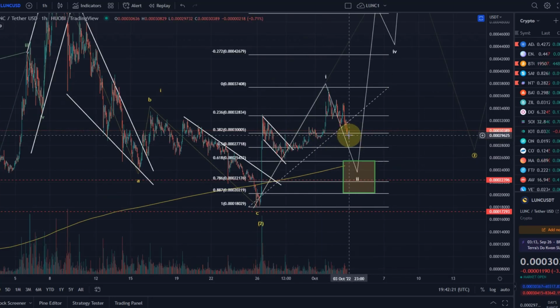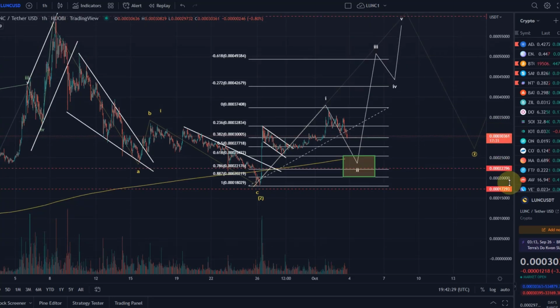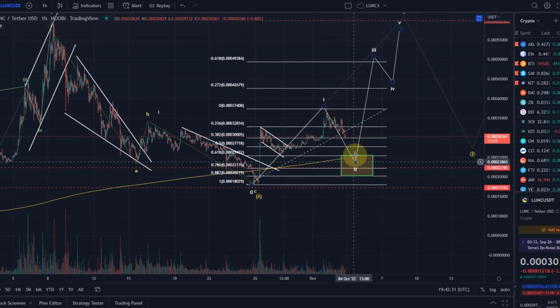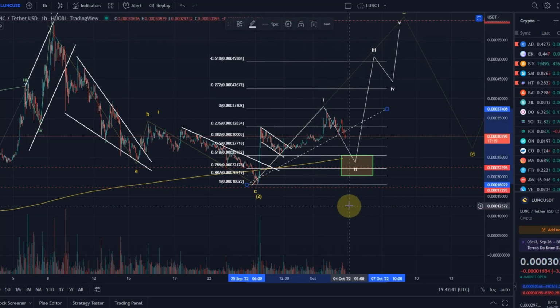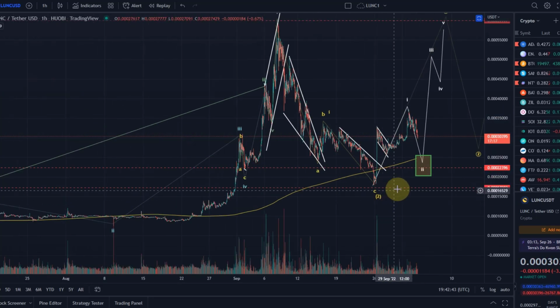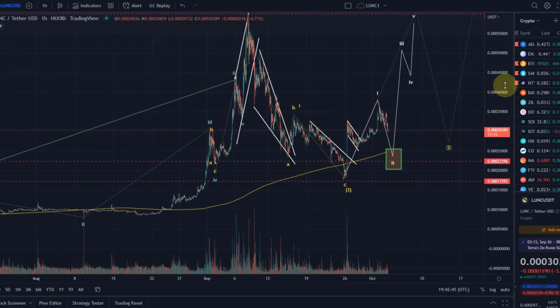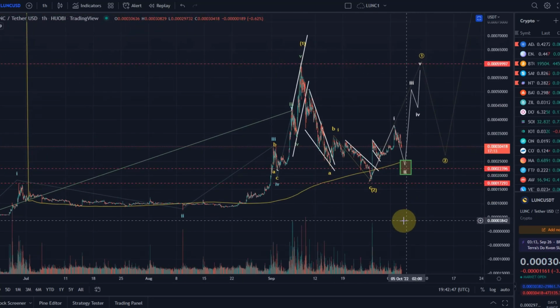We're coming back now to key support, that 78.6% fib level that was up here. If we lose it, we are looking here at a deeper pullback in such a wave 2 and would then start up. It is really only when we lose the 0.00202 level that I think all of this isn't going to work out. Then it would be quite a bit of a problematic count and quite a bearish count, because